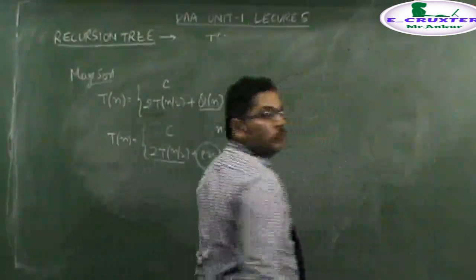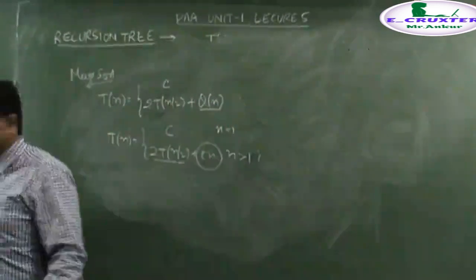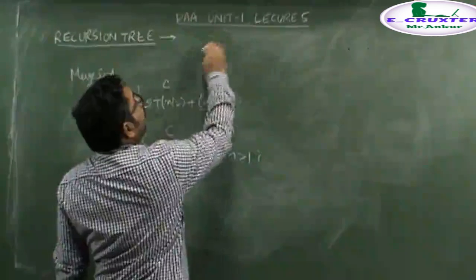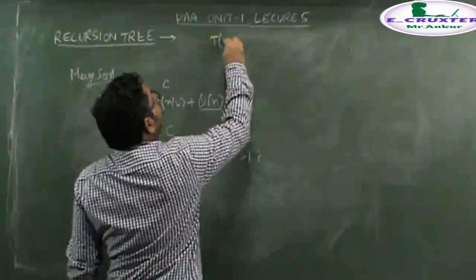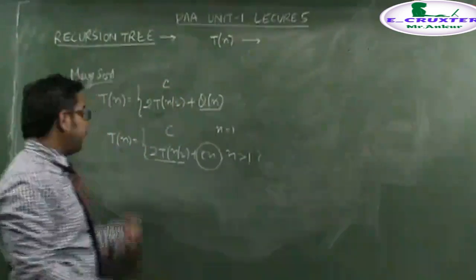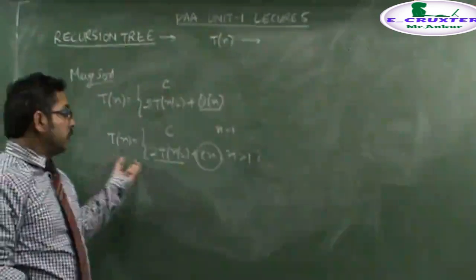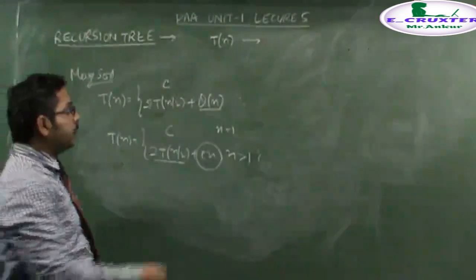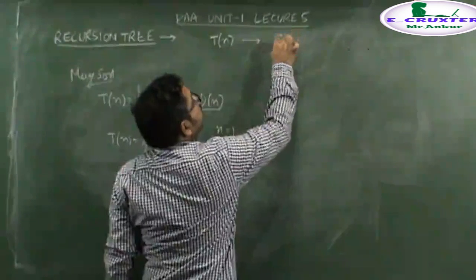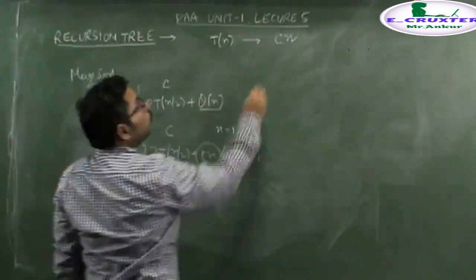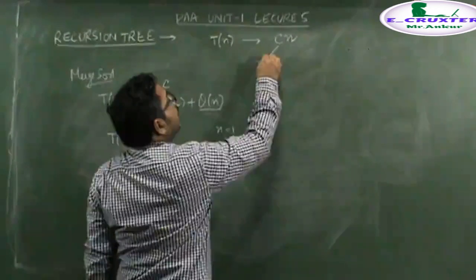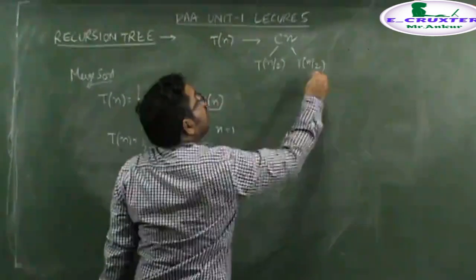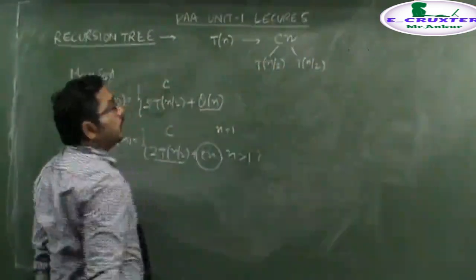Okay, initial step. In the initial step, when we are solving this problem, the original problem is T of n. When we are solving this problem, it is broken into two sub problems plus combining time. This can be taken as the combining time and breaking it into two sub problems of T of n upon 2 and T of n upon 2. If we calculate this total, it will be the sum of the total running time.